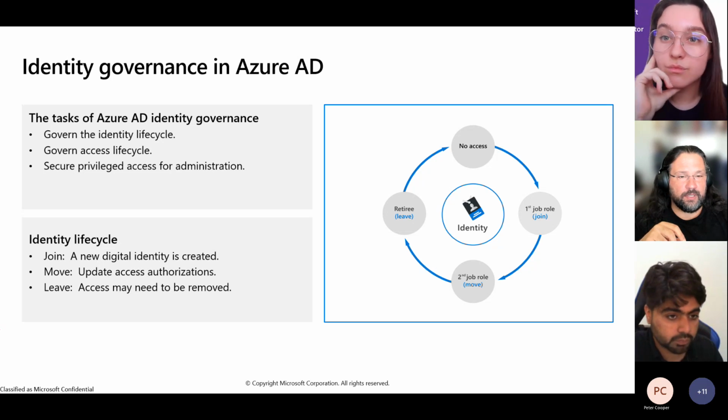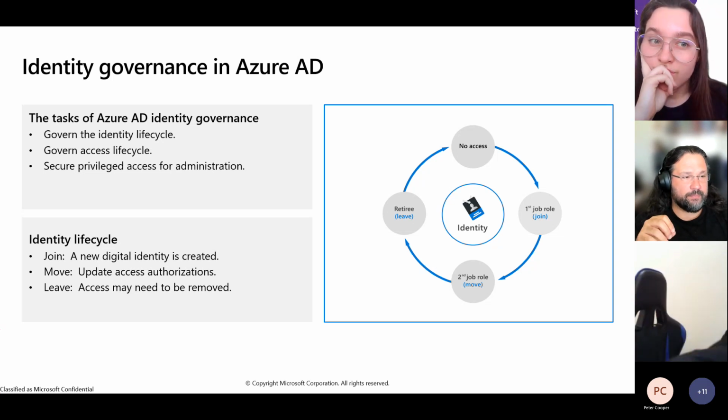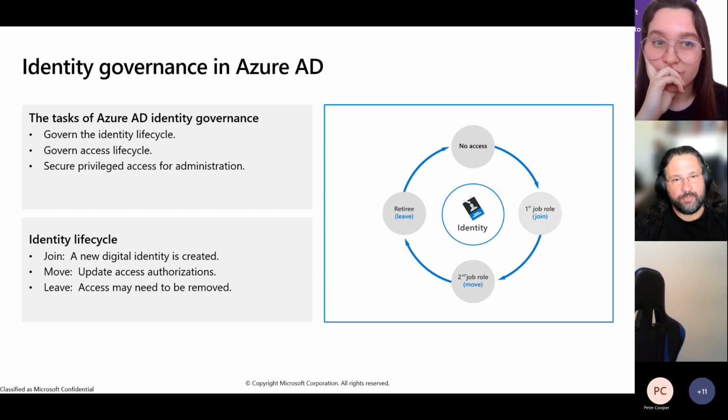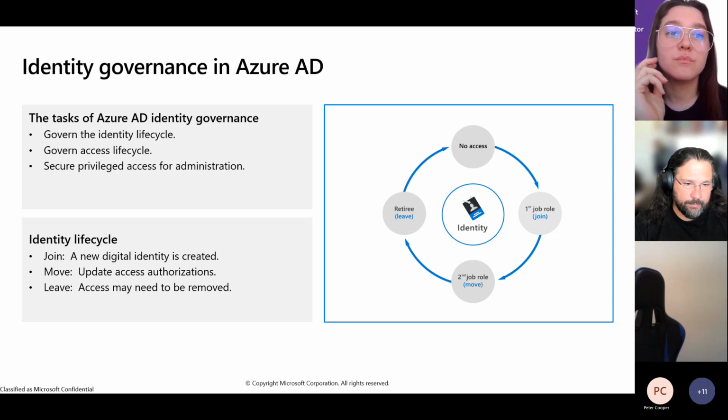It kind of feels obvious that a user would be employed, they'll be given a user account, then the user would leave the job and they'll take the user account back. But that doesn't always happen. Organizations are really good at onboarding new users, because if they're not onboarded, the user sits there twiddling their thumbs. But they're not always good at offboarding, especially if that user who has been offboarded ends up with